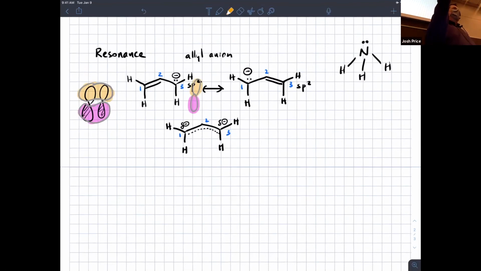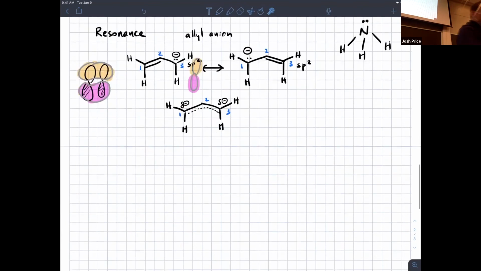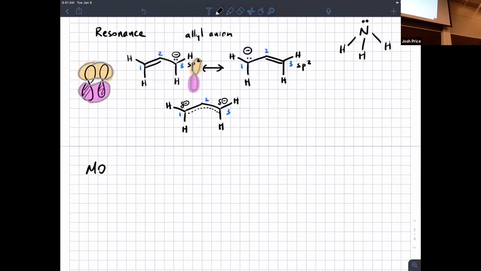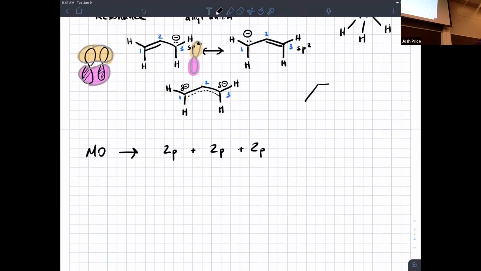All right. And in valence bond theory, we don't really worry about what the orbitals are. We just look at both resonance structures and then we interpret what that hybrid structure must be. In the MO picture, we're going to actually think about what happens when you try to line up 3 p orbitals together. All right. But before we do that, I need to make a point, which is this allyl anion